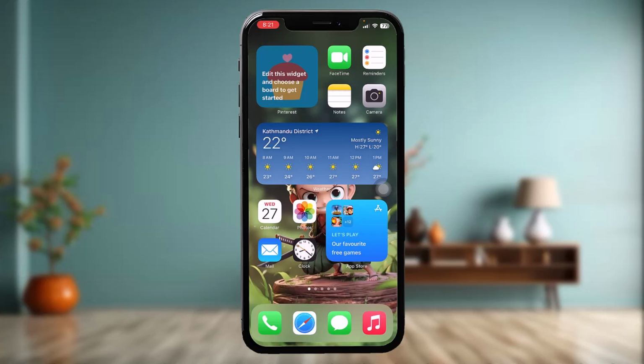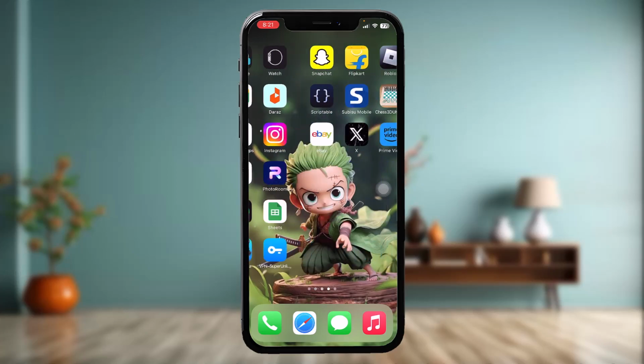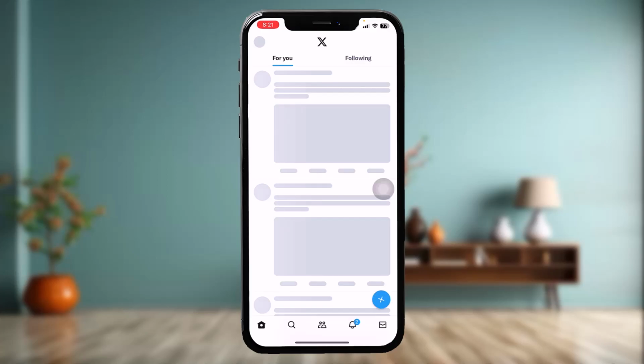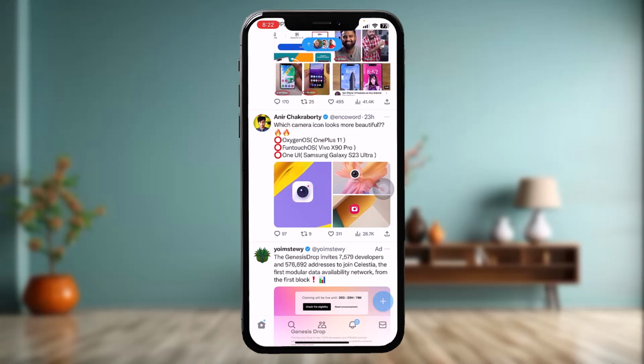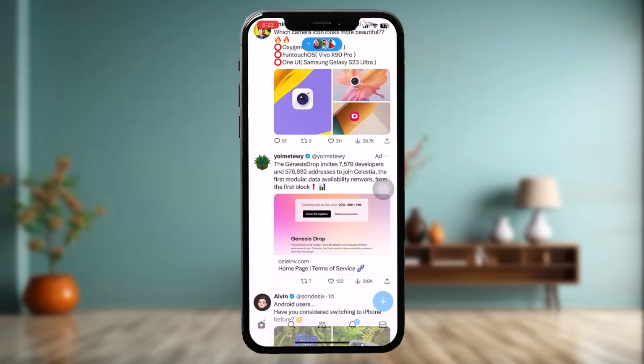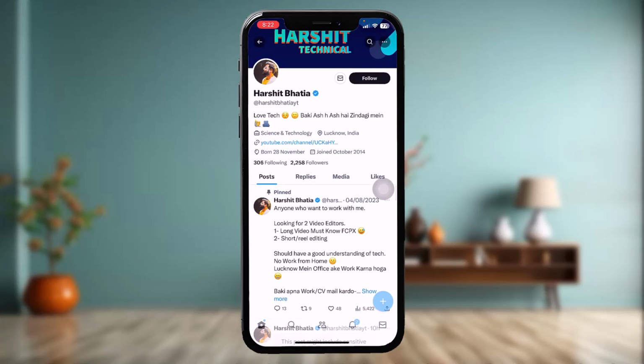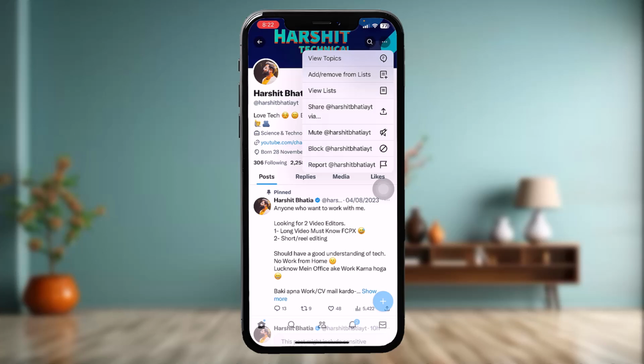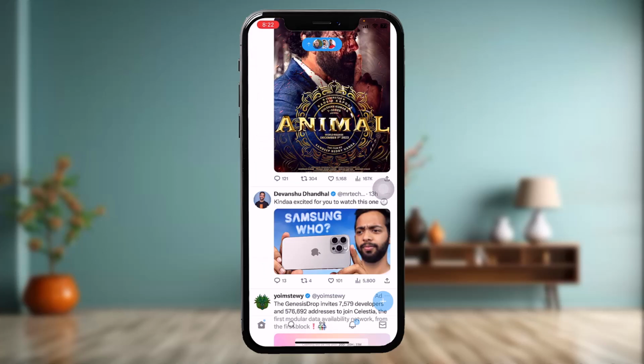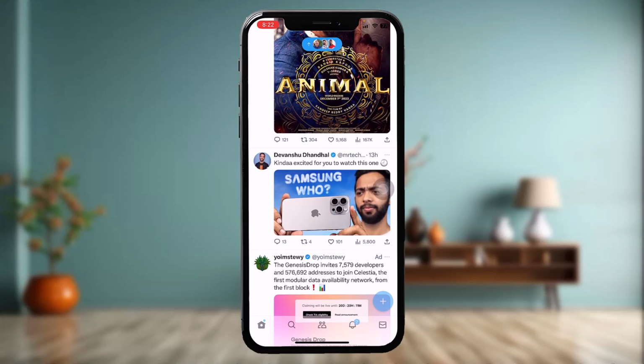Now the first thing that you need to do is open up your X app or your Twitter app, and here on the home screen, for some reason if a post is appearing that you don't want to see, then what you need to do is just simply select that account, and all you gotta do is just simply unfollow it, or simply tap on the three dot icon on the top right corner of the screen, and then here all you gotta do is remove from list. And once you do that, scroll down and try again,